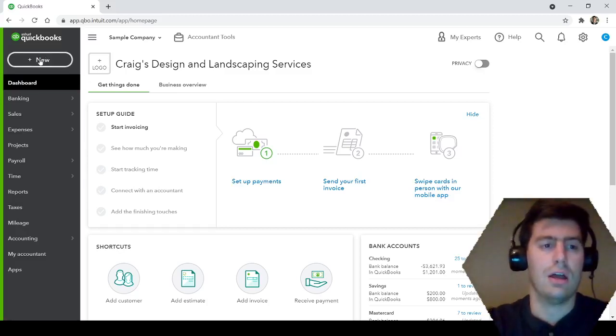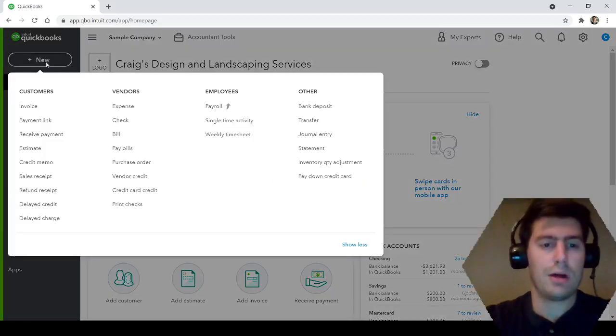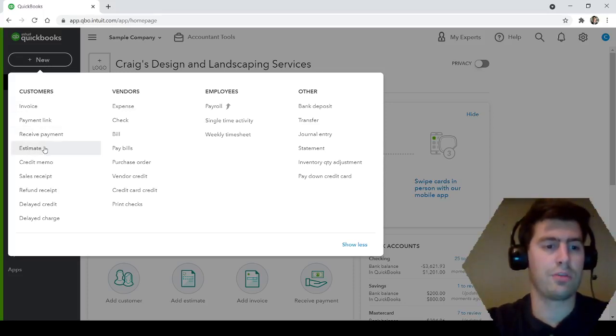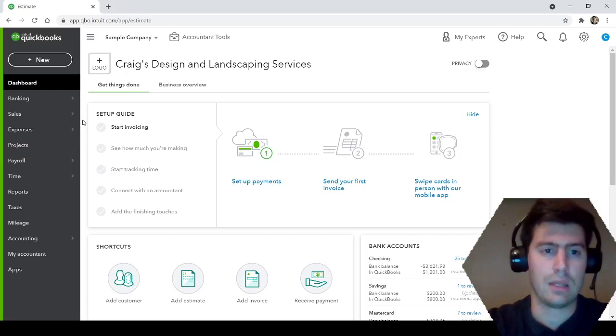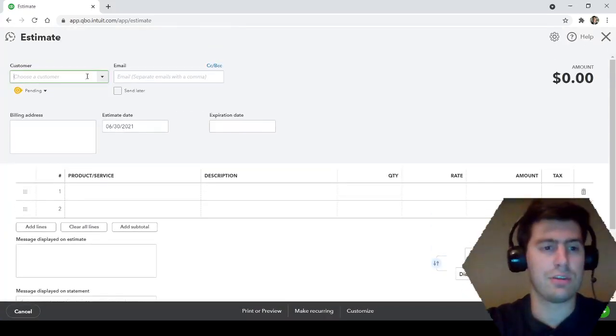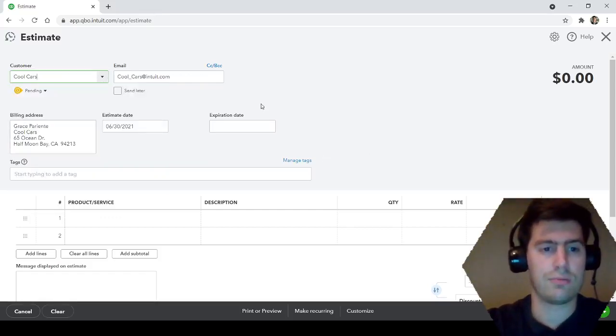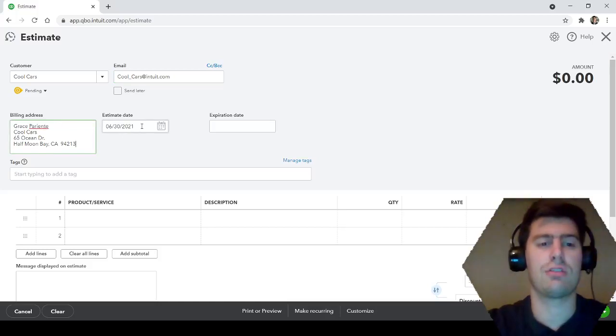Okay, so in the top left-hand corner here, your new button. You'll see here under customers, the fourth one down is estimate. So typically you're probably used to creating invoices and sales receipts, but this time we're going to create an estimate. Whatever industry you're in, typically service industry, you get called up by one of your customers. I will use Cool Cars for this example. Make sure the email address is correct. Make sure their physical address is correct and whatever the date is of the estimate. So if you're doing it today,